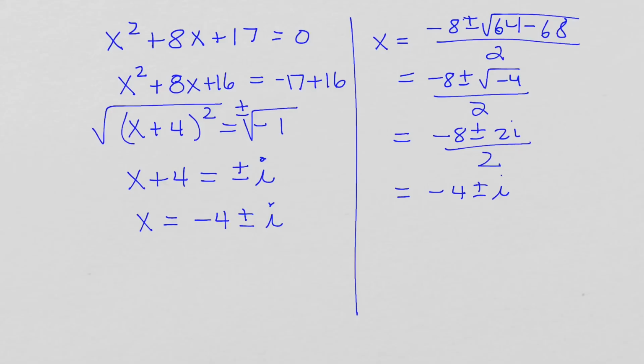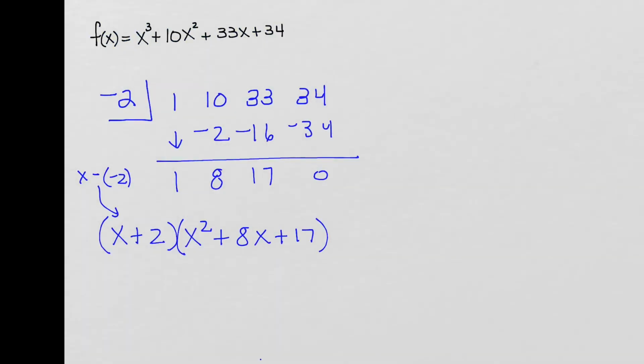So let's go back to the previous screen, and now we can finish writing our product of linear factors. So we have x plus 2 times x minus,